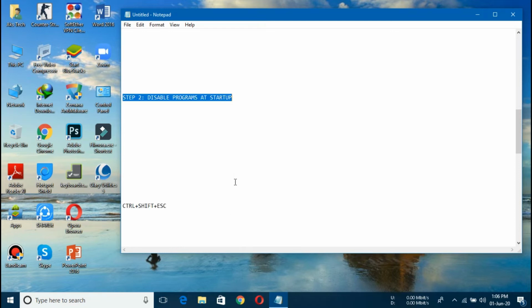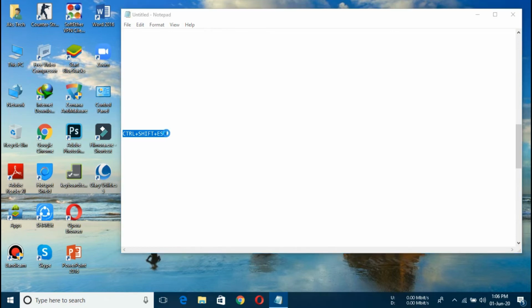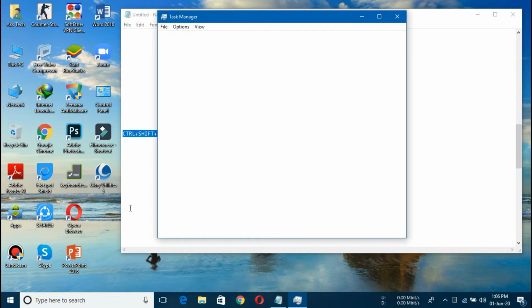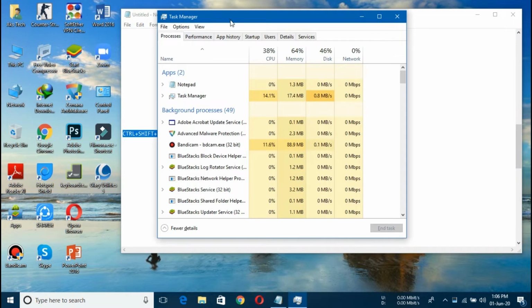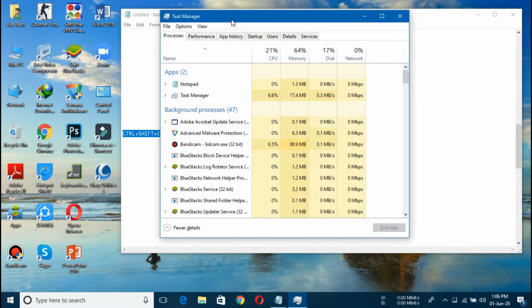Let me show you. There is a command. You have to press Ctrl plus Shift plus Escape simultaneously. Like here I am doing Ctrl, Shift and Escape. Task Manager would open. My PC is a little bit laggy. The reason is this tutorial, because I have not optimized all those settings so that I can show you the real-time effect of all those settings here.